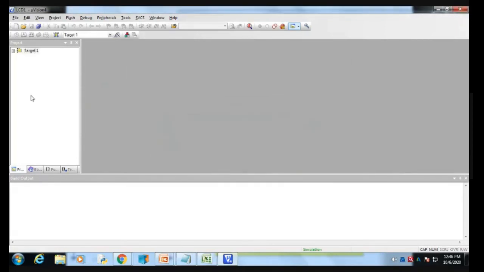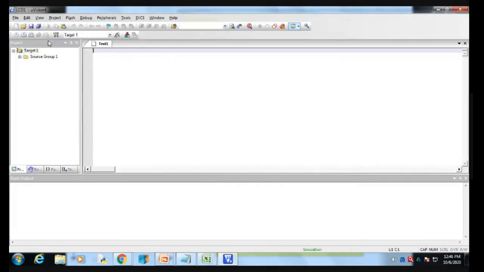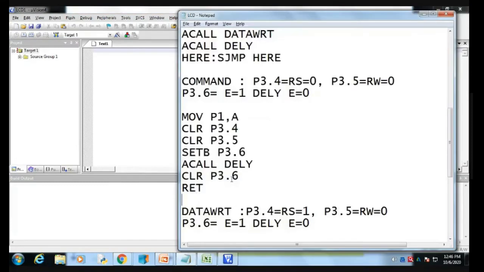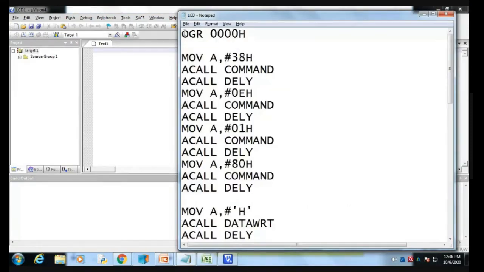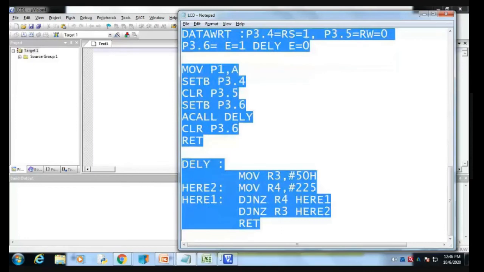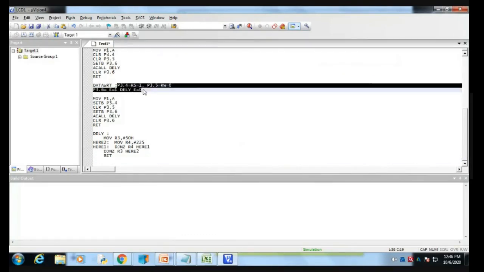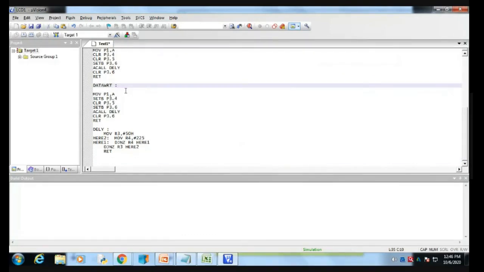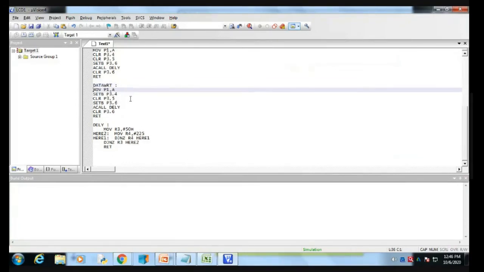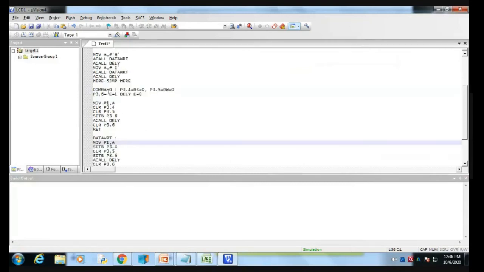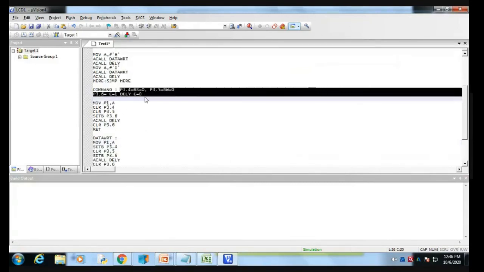Okay, then we have to copy this program right here. We do not require this part because this is for our understanding, so we have to remove it.